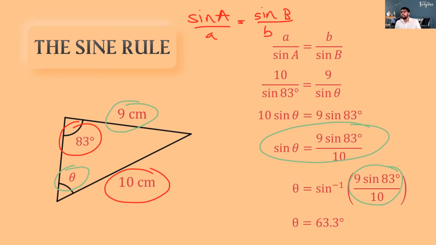If you type this in your calculator, sine inverse of 9 sine 83 over 10, you will get 63.3 degrees as your answer. Is it clear, children? So the 2 children who asked me to explain it again, is that clear now? At the same time, Sadhu teacher will ask them to use the calculator and see whether they are getting that value, because some are making mistakes using the calculator. So children, definitely do this and see.